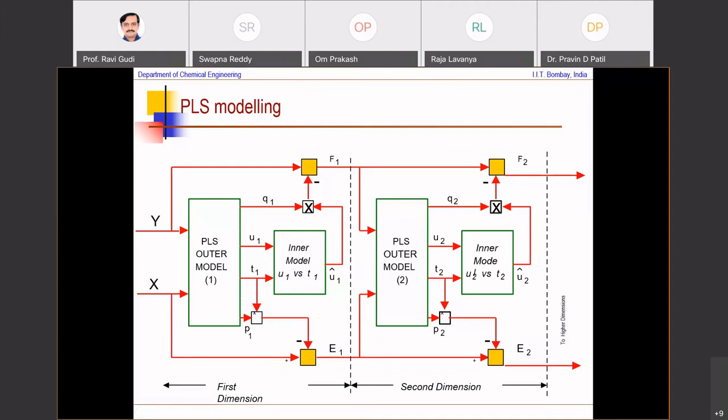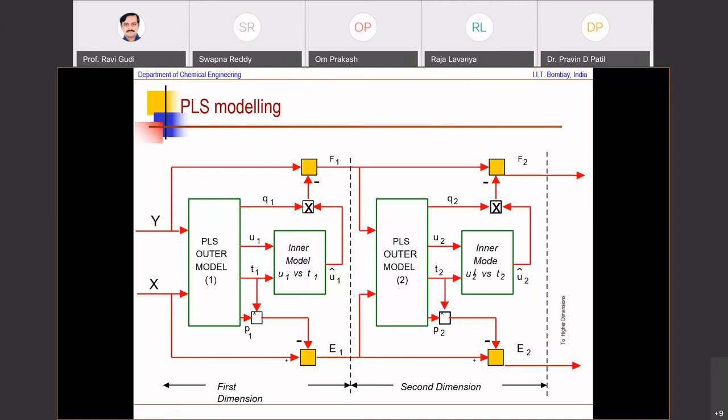But as I said, if the relationship is not linear, then I can build this inner relationship using neural networks, polynomial PLS, and a whole bunch of other algorithms that could be extensions for the nonlinear case. So again, now progressively building towards the use of these advanced tools. What we saw was that when I have a noisy and correlated Y, and a noisy and correlated X, how I can still obtain a reliable regression model between Y and X. The next step is PLS.